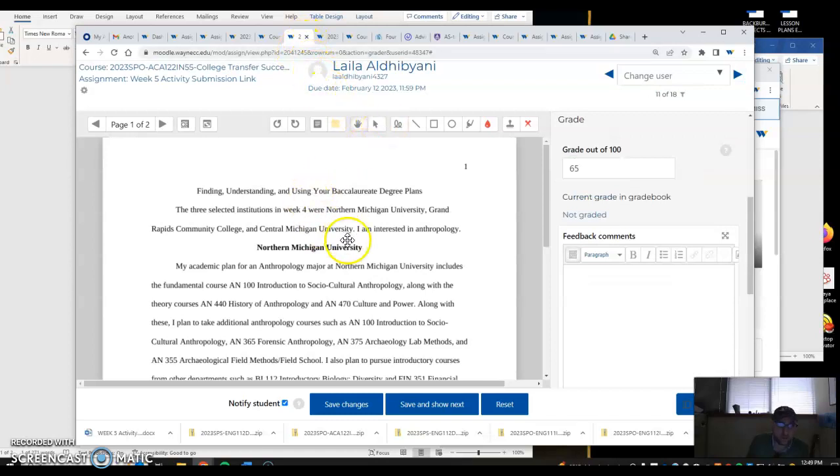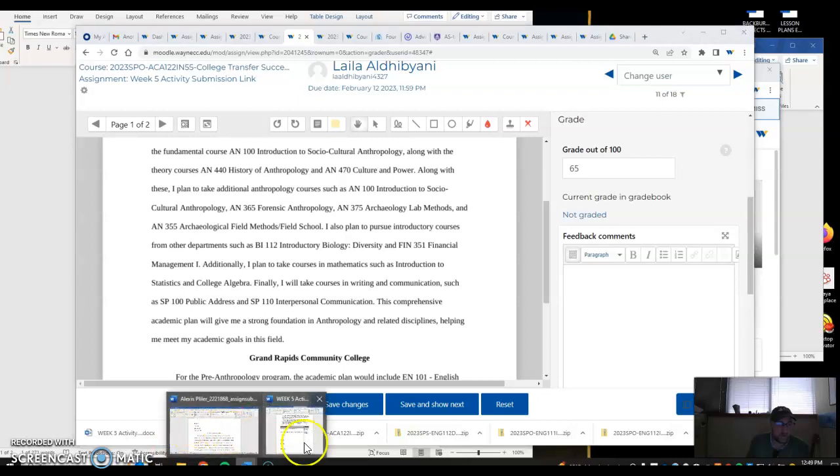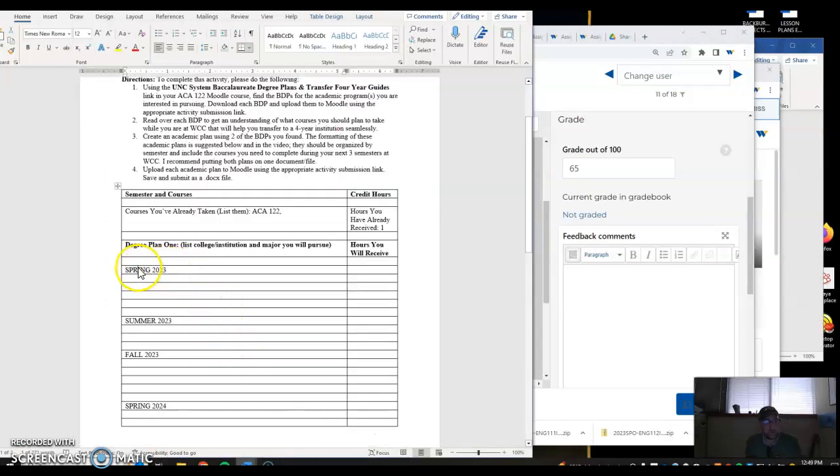So I can't give you, like I said, full credit for this thing that you've turned in, because it isn't what I'm looking for. Download that file again, this old thing, change it to summer there and fall here, and just create a list for me that shows me what you're going to take while you're here. Before I sign off, you could just do this with the AA or AS guidelines in mind, but it would be easier, of course,